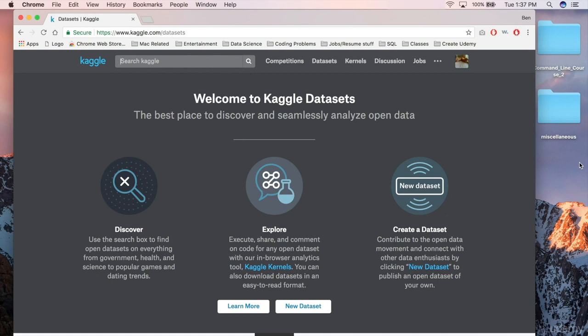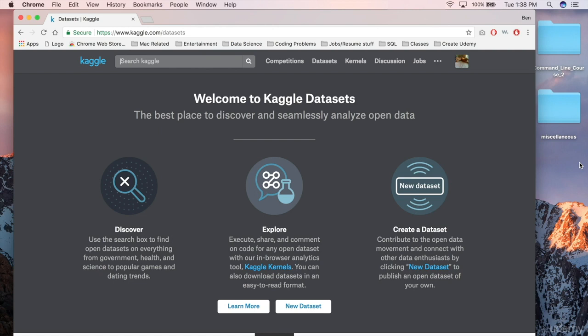Now, the original goal of this lecture was for us all to be able to connect to a remote server via our command line. Unfortunately, I do not have a remote server that we can all do this from. So in substitution, I will use a website called Kaggle.com. This is a website that uses an external server to host both machine learning competitions as well as open source datasets. It's a great resource for aspiring data scientists to find datasets that they are interested in and want to